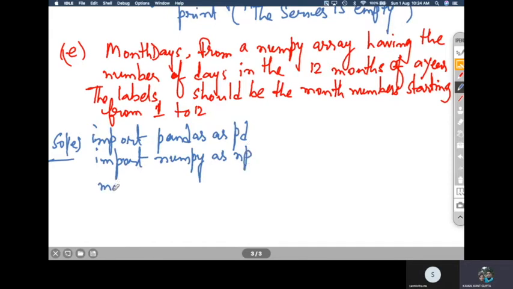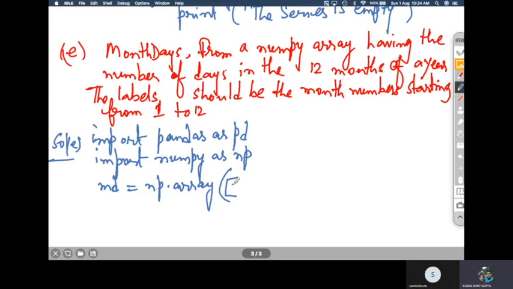Then I will call the array md, md is equal to np dot array. The array function creates a numpy array from a list of values, and this list will have the number of days in the 12 months.